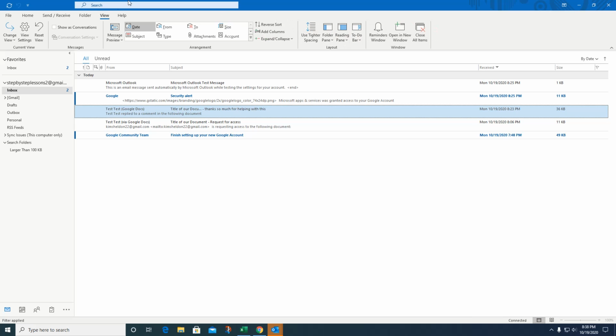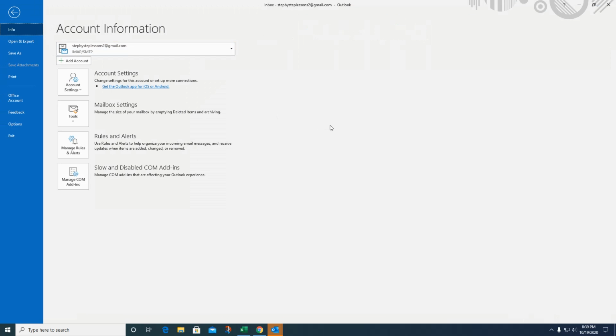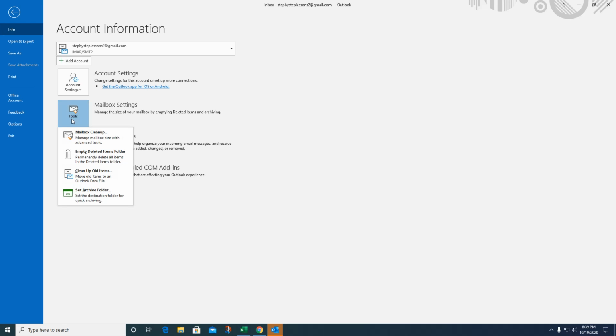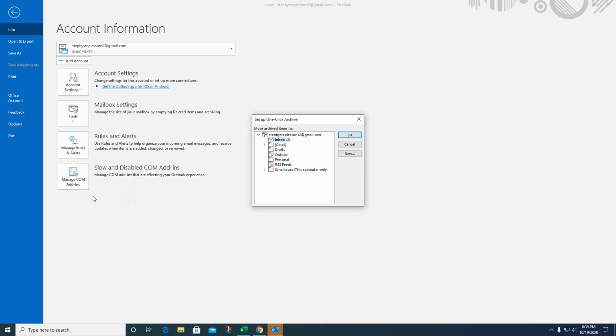So that's that. I want to show you a couple other little things. If you go here to File, this is where you can print and some other things. But the one thing I wanted to show you was your mailbox settings. If you click on Tools, it lets you archive your email. So if you have a whole bunch of email, you can archive it. So if you set up the folder,